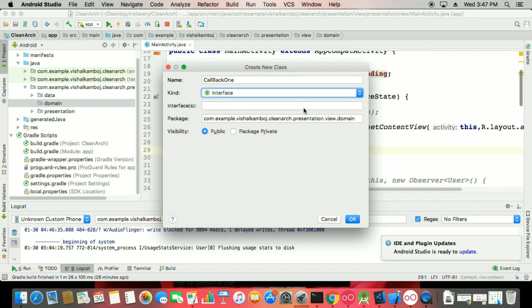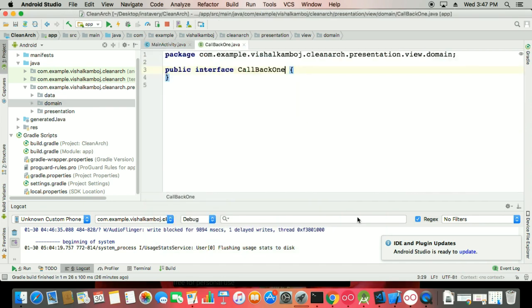If you watched my previous MVVM tutorials in which I used Volley, in that case I made a class for the data manager and for the use cases, that's kind of callbacks. So it's the same thing, but here we're working with layers. So what to do, we just go for this as a